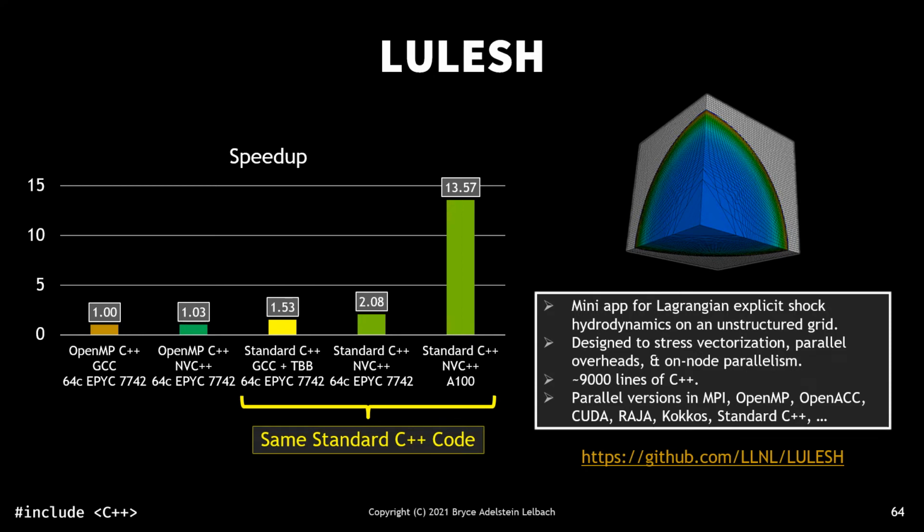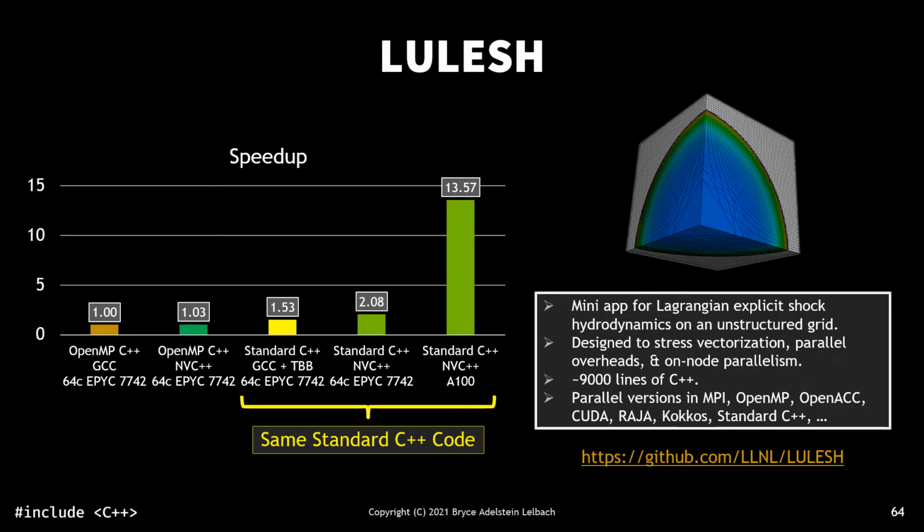Let me show you some applications that have adopted standard C++ parallelism. Lulesh is a mini-app for Lagrangian explicit hydrodynamics on an unstructured grid. It's designed to stress vectorization, parallel overheads, and on-node parallelism. It's been ported to several frameworks and programming models, including MPI, OpenMP, OpenACC, CUDA, Raja, Kokkos, and now standard C++. With the standard C++ version of Lulesh, you can get performance that matches many of the other backends, and you can build that same standard C++ code with multiple compilers, GCC, NVC++, Intel, and run it in parallel on either